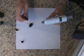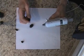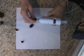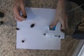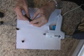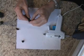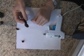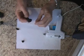I'm going to start off with putting the head on first, onto the neck. So just go ahead and put a little glue on that. Attach the head. Hold it there for a moment. Once you feel your head is secure,